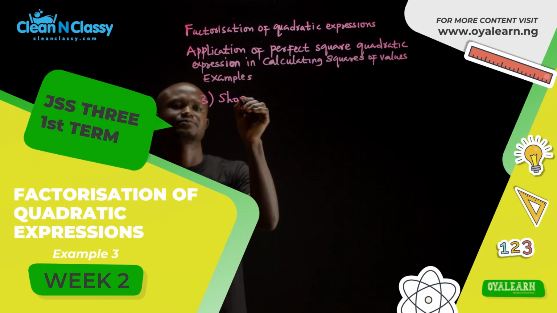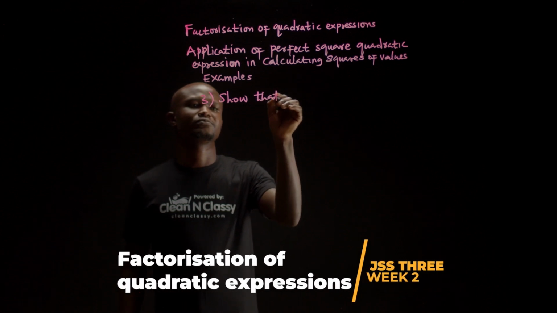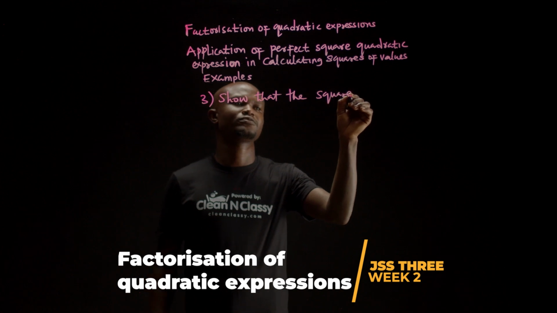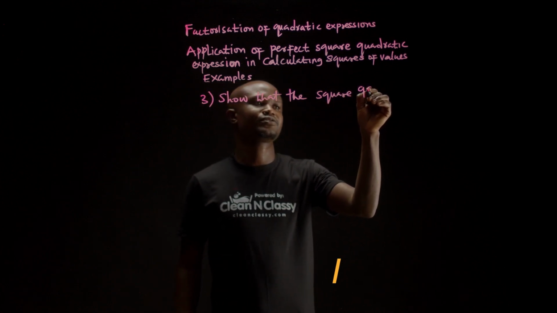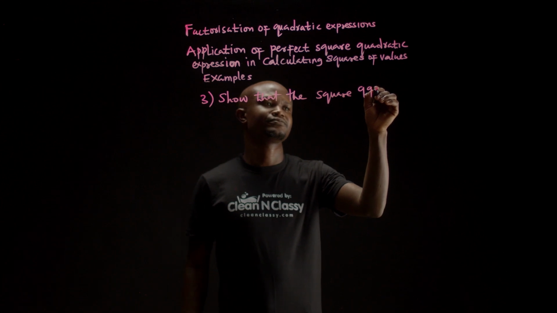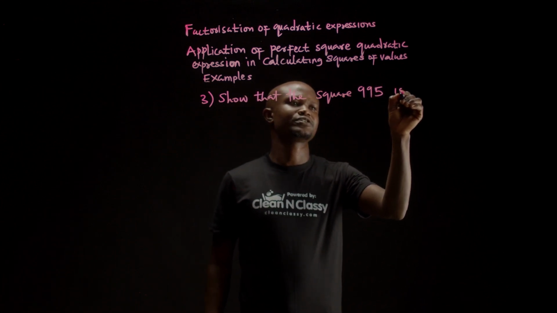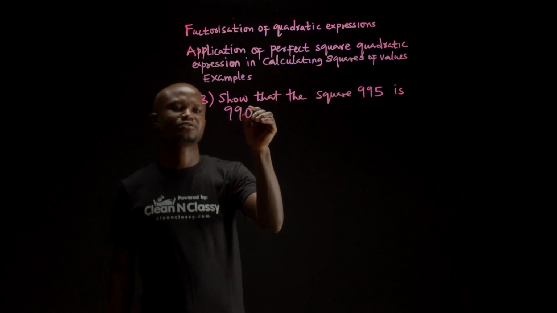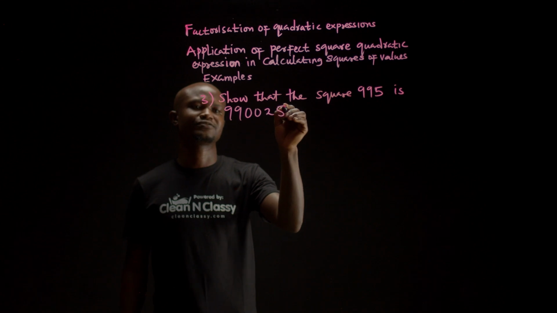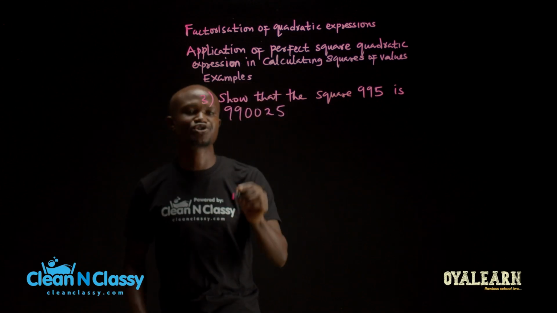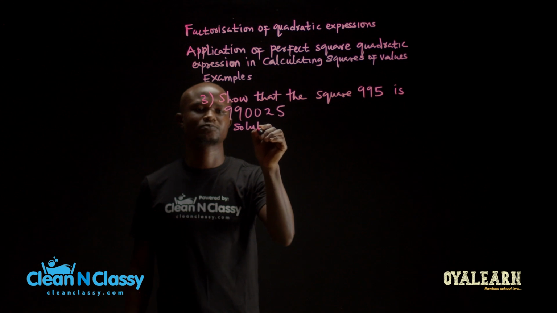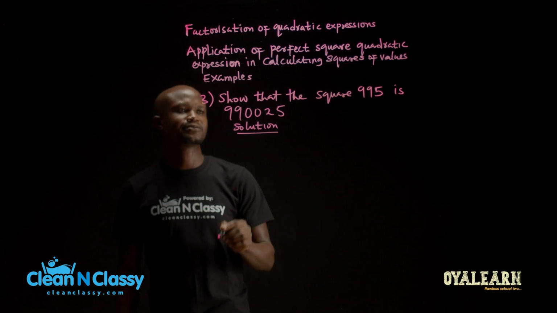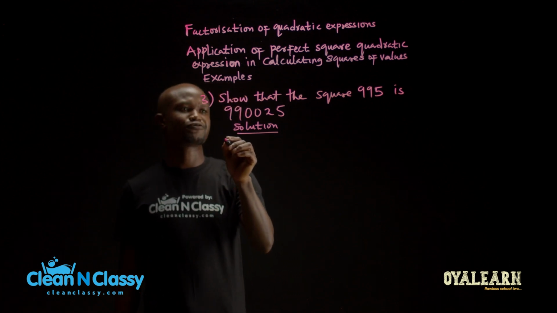Show that the square of 995 is 990,025. I want to show this. Solution. Now, looking at the square of